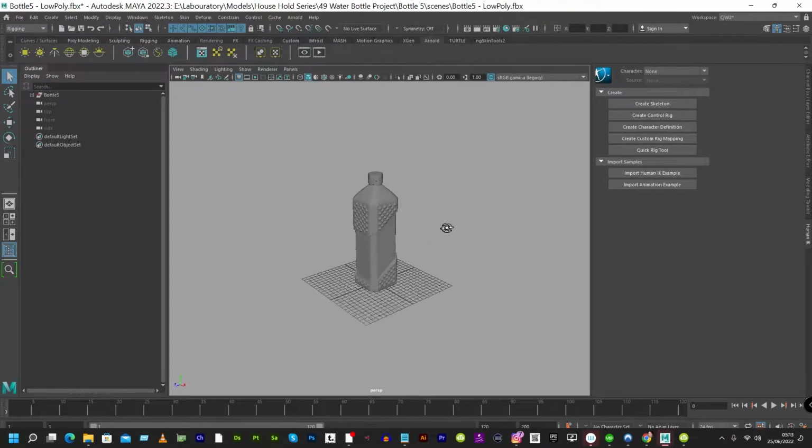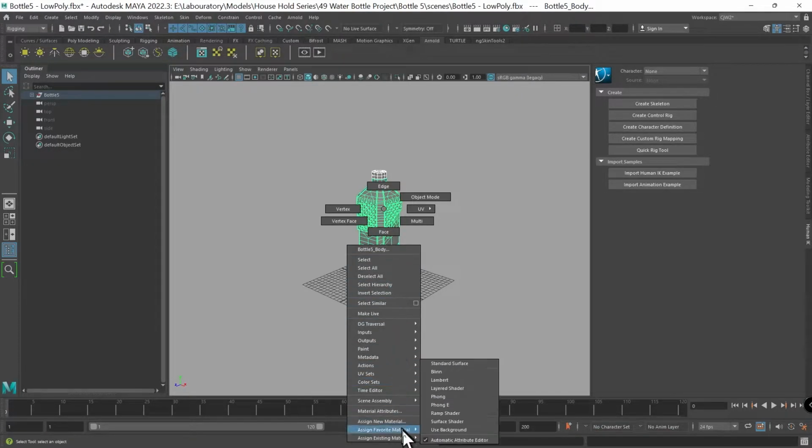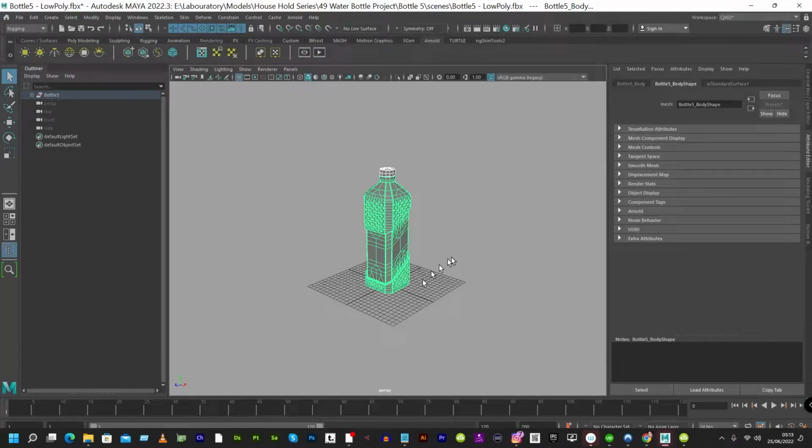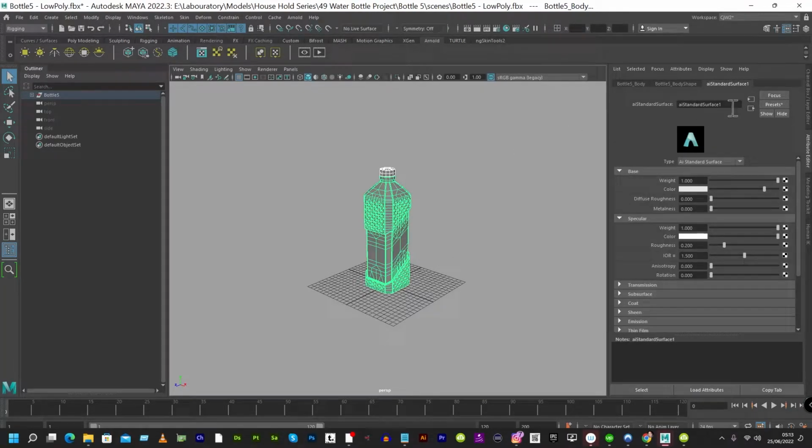I'm going to assign an Arnold standard surface texture to the model. So I select everything, right click, assign what, new material. Make sure I'm on Arnold and I select what, AI standard surface, right? So I can just name this anything. Let's just call it bottle 5 what texture. Yeah, and so the next thing I'm going to do,